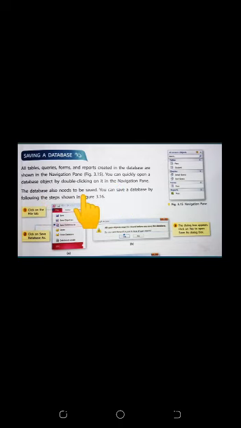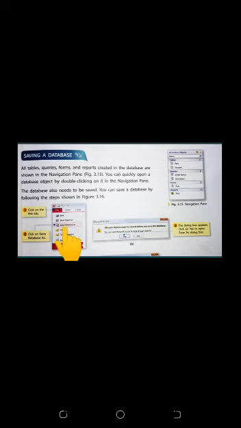The database also needs to be saved. You can save a database by following these steps. How to save the database? First of all, click on the File tab. In the File tab, there is the option Save Database As.